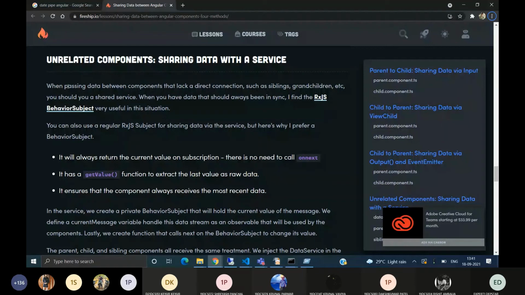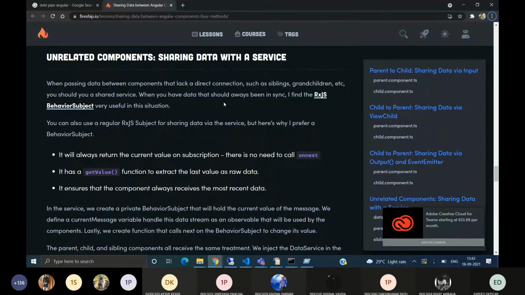When passing data between components that lack a direct connection, such as siblings, grandchildren, etc., you should use a shared service. When you have data that should always be in sync, I find the RxJS BehaviorSubject very useful. So we are using this RxJS BehaviorSubject here.